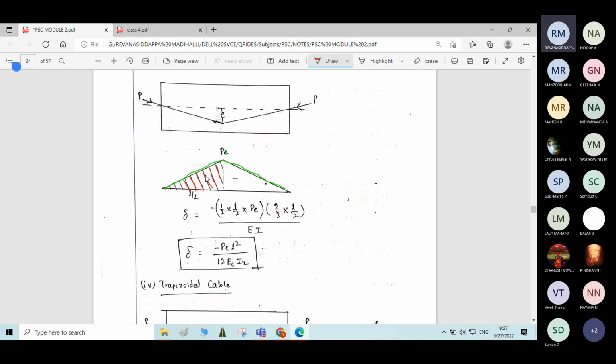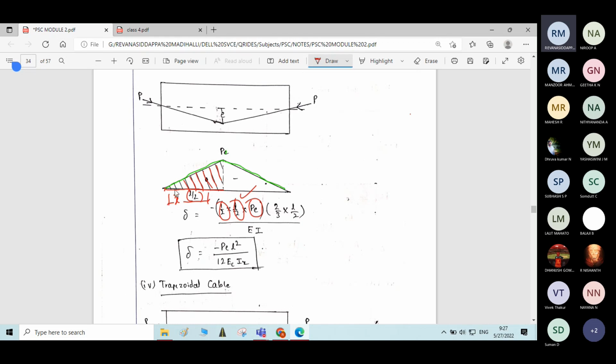For this I have utilized the same formula, area into x bar divided by EI. Base width of the triangle is L by 2 and height of the triangle is PE. Half into base L by 2 into height PE will give area, and similarly distance of centroid of triangle